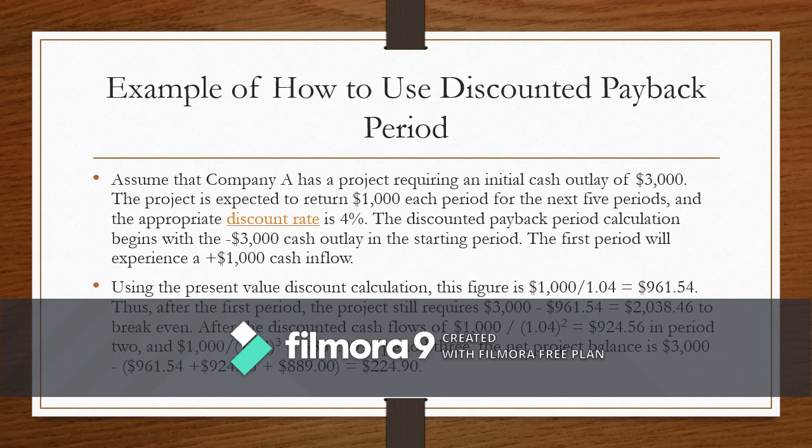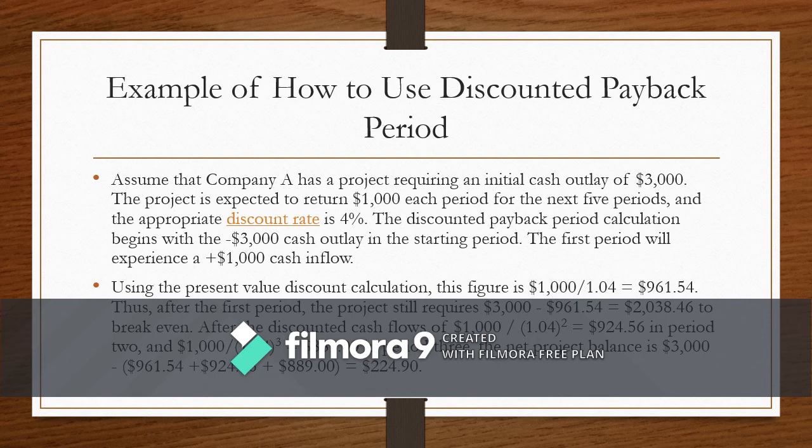Example of how to use discounted payback period. Assume that company A has a project requiring an initial cash outlay of $3,000. The project is expected to return $1,000 each period for the next 5 periods, and the appropriate discount rate is 4%. The discounted payback period calculation begins with the minus $3,000 cash outlay in the starting period. The first period will experience a plus $1,000 cash inflow. Using the present value discount calculation, the figure is 1000 divided by 1.04,